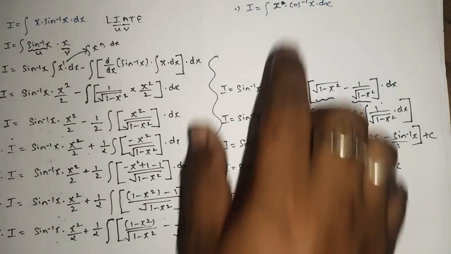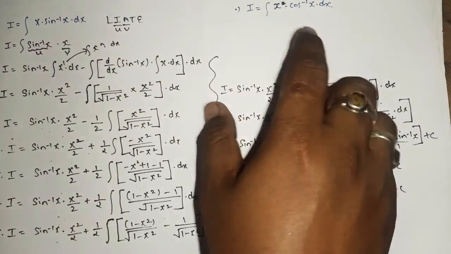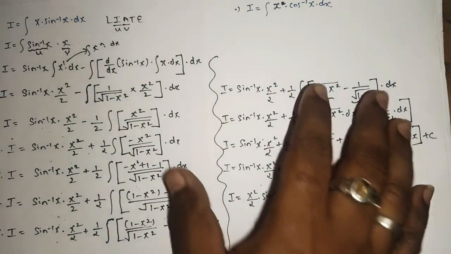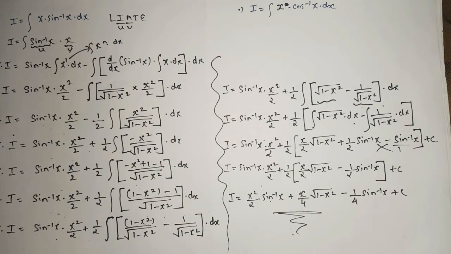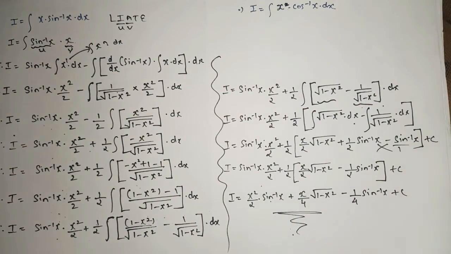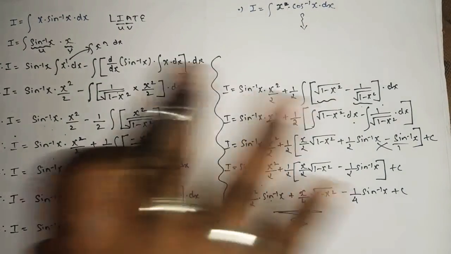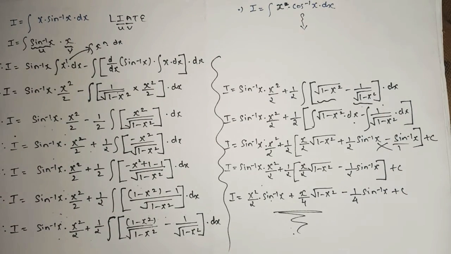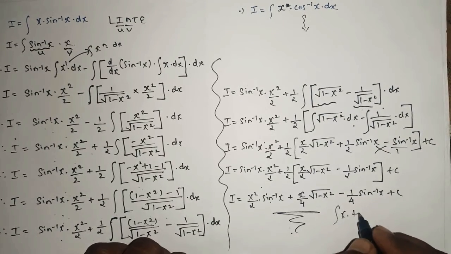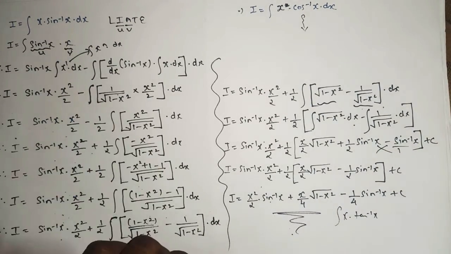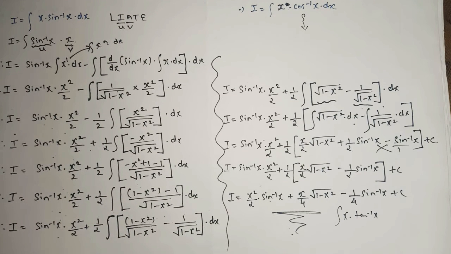So here we have one more sum in front of you. Your sine inverse is replaced by cos inverse. So if you want, you can try this sum by yourself. Okay, so please try the second sum by yourself. The same technique and same concept will come there also. So I hope you all understood the integral x into tan inverse as well as x into sine inverse also. So let's move on to one more example